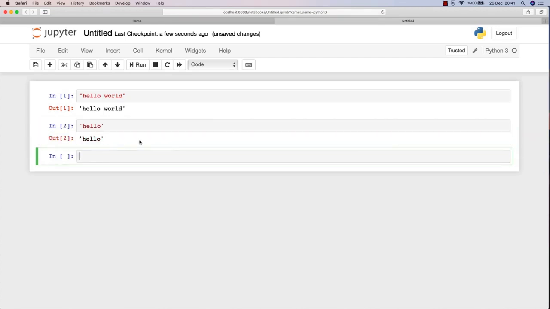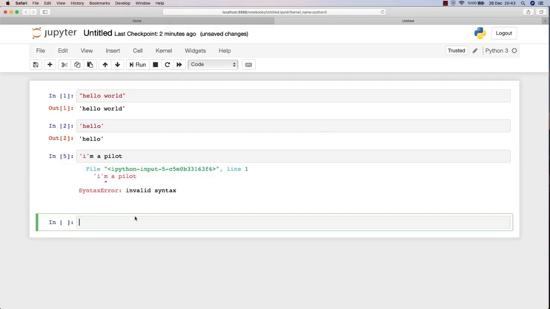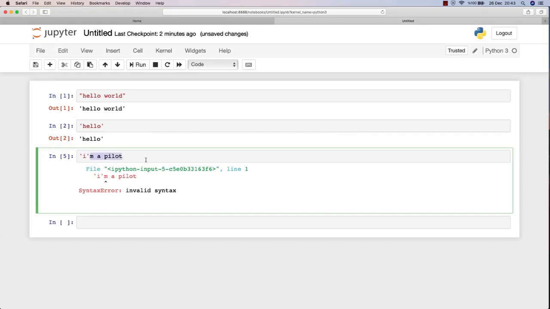And if you place it in the single quotes, it will be okay as well, okay? But I always prefer double quotes actually, because if you try to write something like I'm a pilot, for instance, the second single quote will close the string and the rest of the code won't be interpreted by Python, okay? So if you hit shift enter, it will say invalid syntax because Python doesn't get what comes after the second single quote,